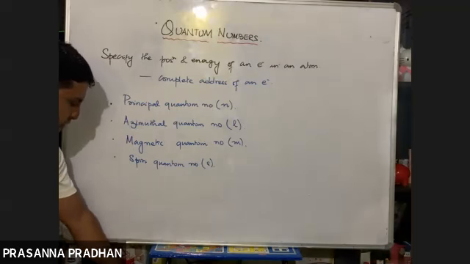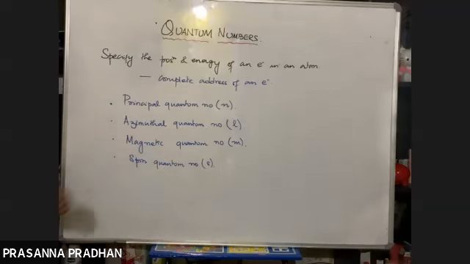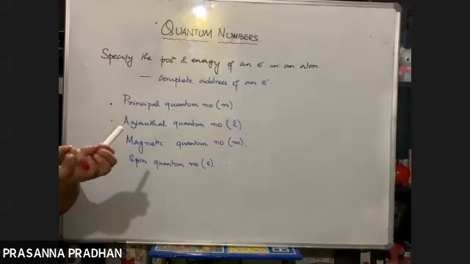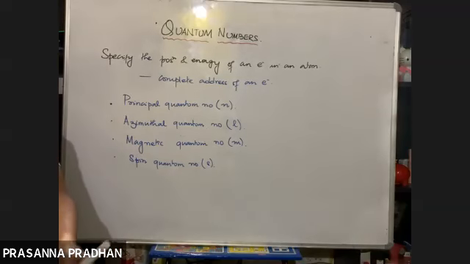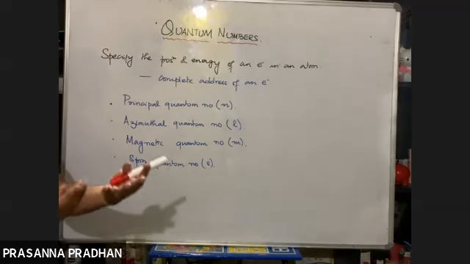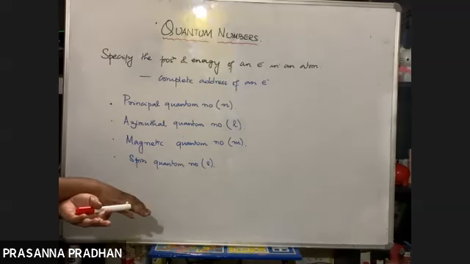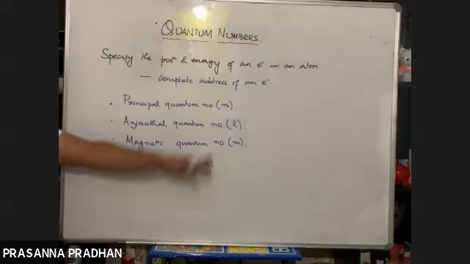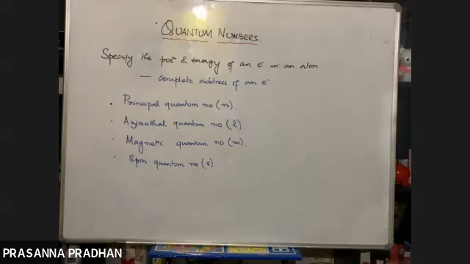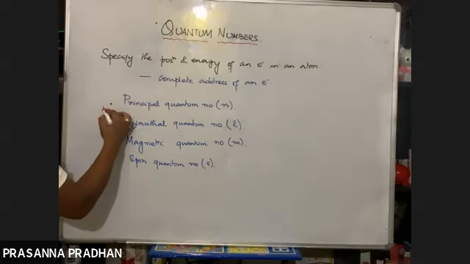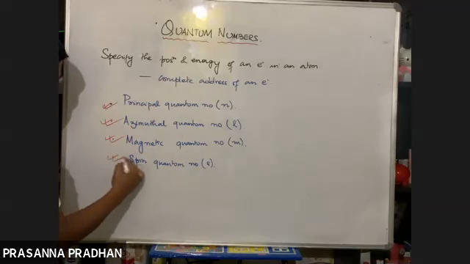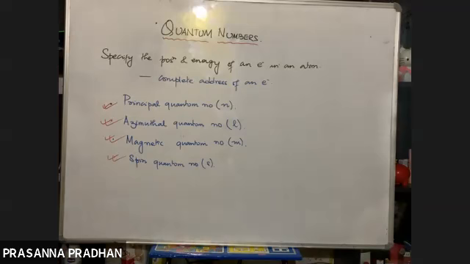Now, if we know the values of n, l, m, and s, we can write an essay on the electron. Which shell is this electron in, what is its energy, which orbital is it in, what is the shape of that orbital, how is it oriented, how does it rotate. We can have detailed information about that electron if these 4 quantum numbers are known to us. So in the next class, we'll be discussing the principal, azimuthal, magnetic, and spin quantum numbers. So what I suggest you is, okay then.